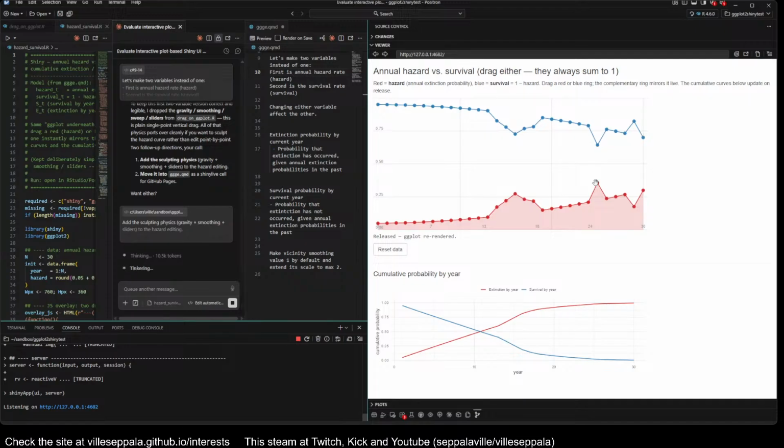So that might actually become quite impossible. Although